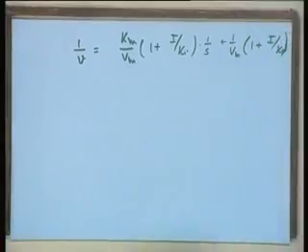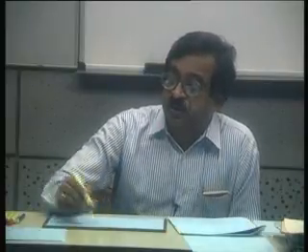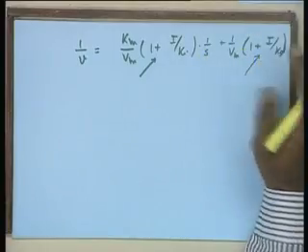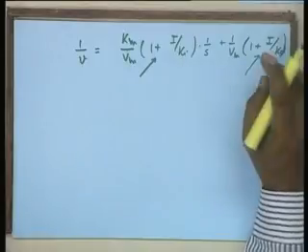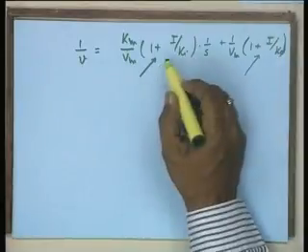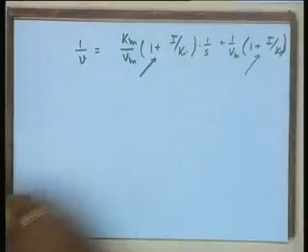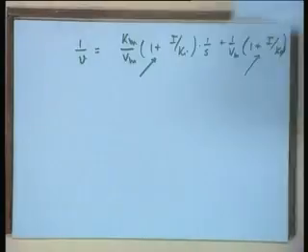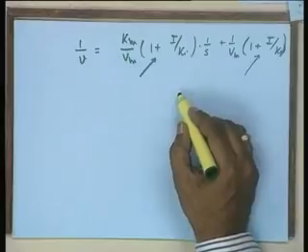Now, it clearly indicates that in the case of a non-competitive inhibitor, both the slope as well as the intercept will undergo a change, and both are increased by a magnitude 1 plus I over Ki. And therefore, if you look at the pattern of the Lineweaver plot,